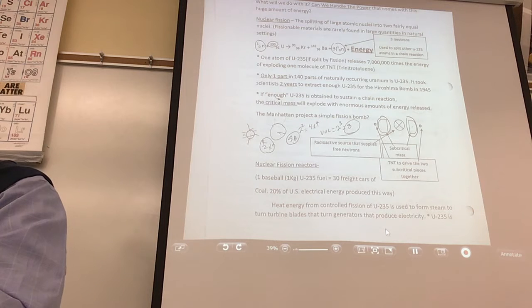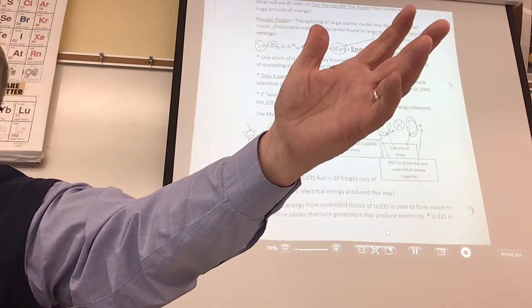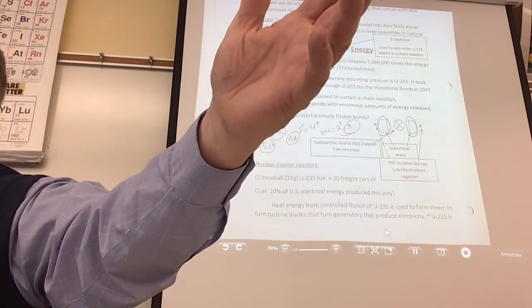So, yeah, it took a lot of intellect to eventually figure out how this worked, but essentially we could use this for a weapon. And you could kill a lot of people in a very short amount of time. And even the ones you didn't kill, the leftover stuff could radiate the whole city for the next few thousand years.